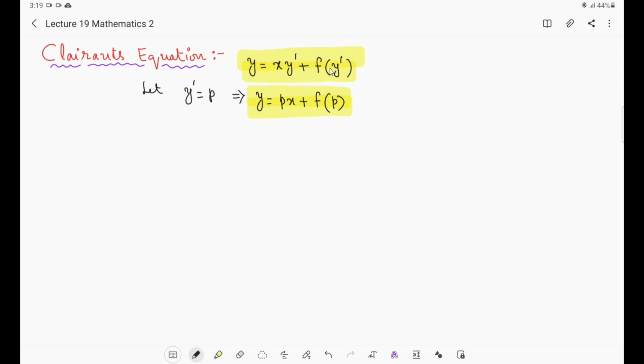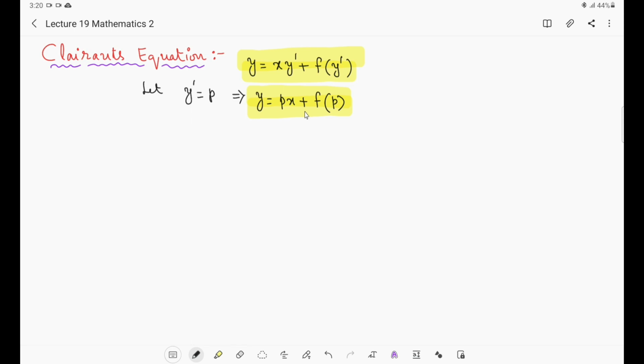Another thing is, along with the general solution, in the question you will be asked to find a singular solution. The question will be like, find the general and singular solution for some given differential equation. Throughout this Mathematics 2, we do not find the word singular solution anywhere except in Clairaut's equation. So if a singular solution is asked, you have to understand that the problem is related to Clairaut's equation. How to solve this?